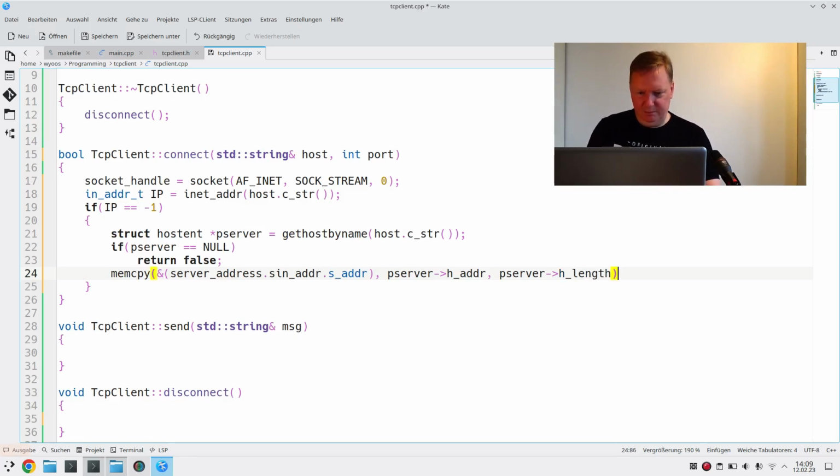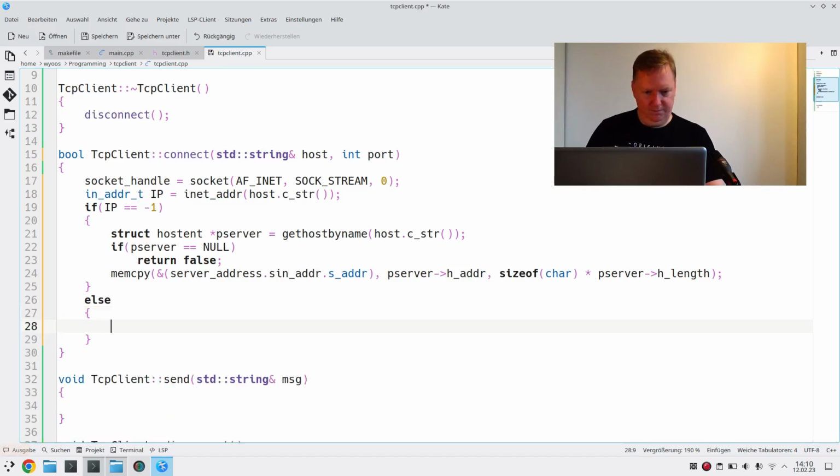Okay, that's how many bytes we have to copy, but to be a bit more precise, we multiply this with the size of a character, which is also 1 byte for now, but yeah, to be safe in the future, if that ever changes. Okay. So this is what we do